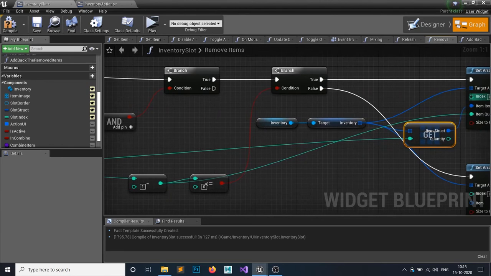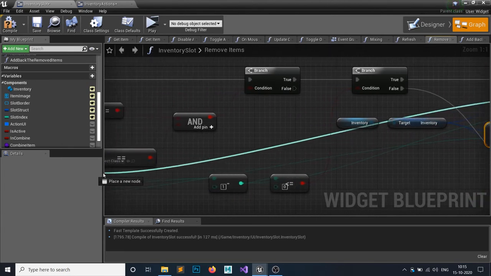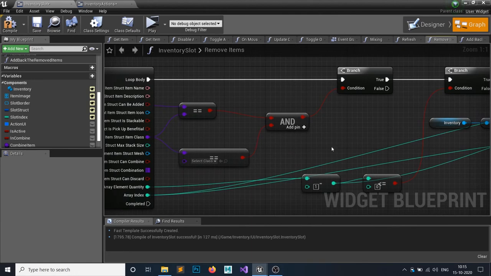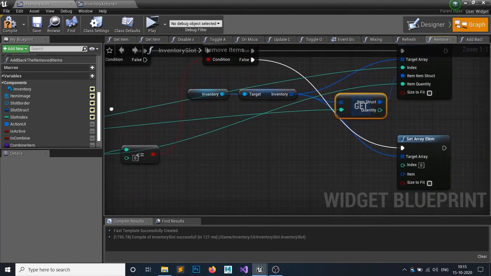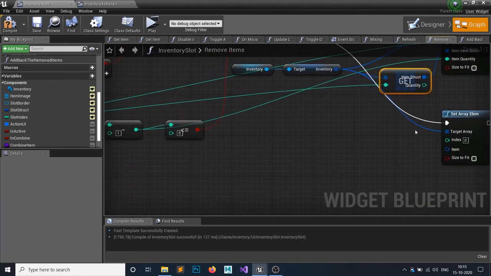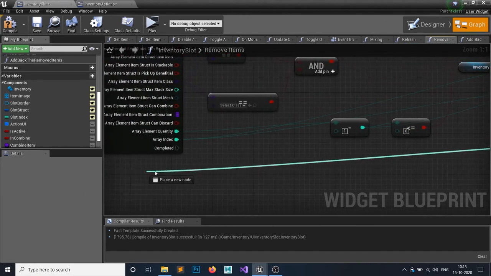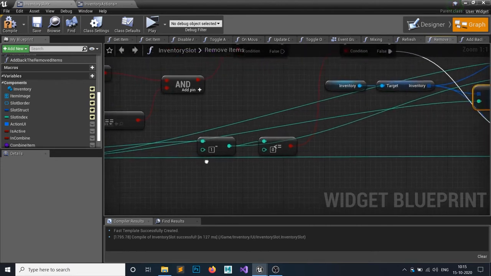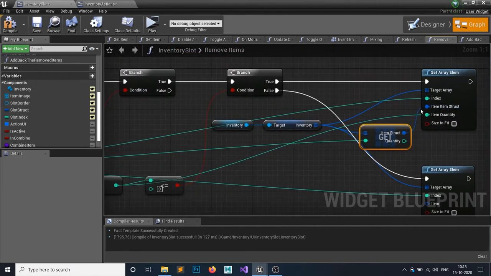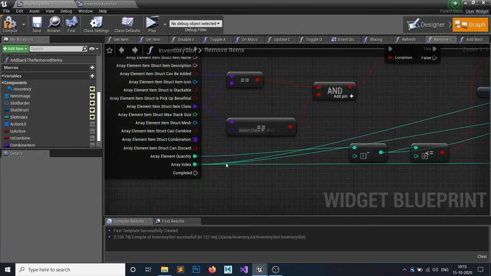The same array index would go to here. I think this looks very tedious, but it works at the end. So make sure you attached this index to here. So you can see this array index is the index of this for loop.